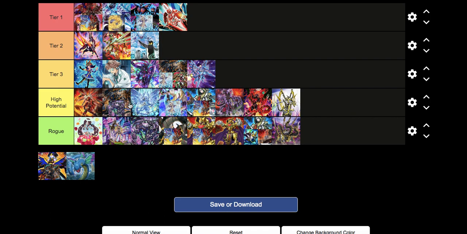I'm going to put this at high potential. I think that you know what you're going to be getting with the Adventure Tri-Zoo deck, with the Tri-Zoo deck in general, but we don't know exactly what the ceiling is for Tri-Brigade Scareclaw. I think the ceiling is higher than the Tri-Zoo because we have access to Bagooska, we have